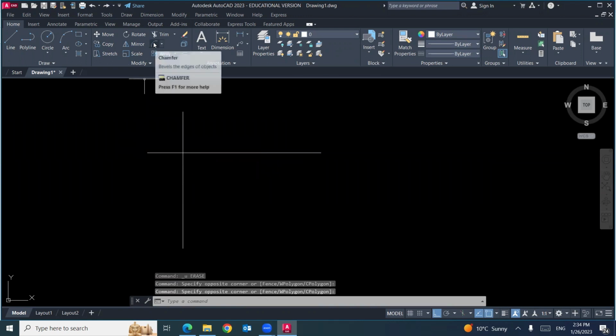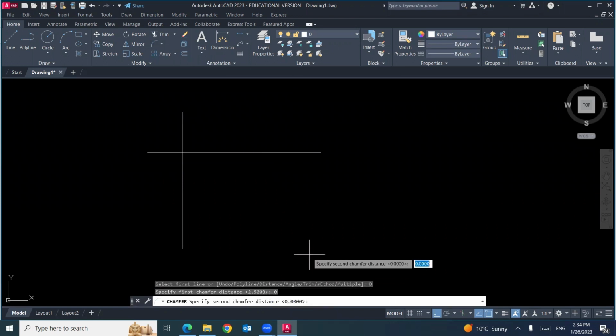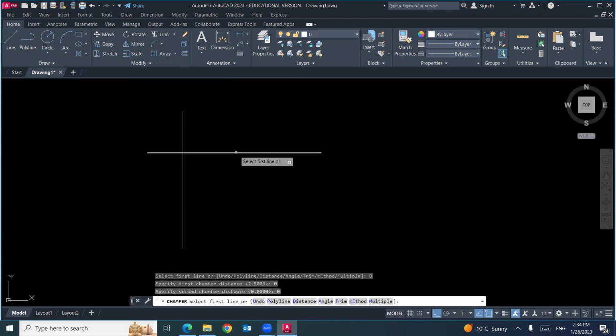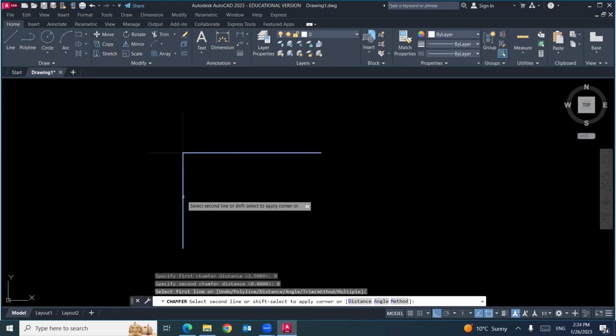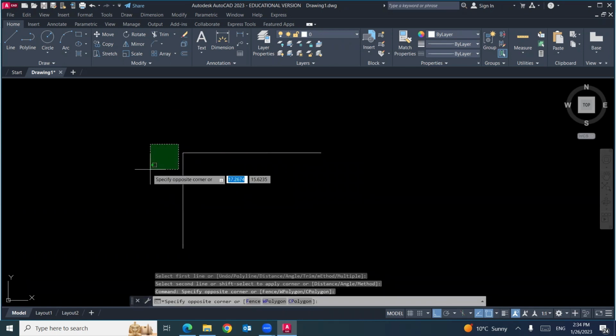Chamfer can do this. Chamfer, I will select the distance and write the first distance is 0, enter. The second distance is 0, enter. I will select this line from this part. I will select this line from this part. The extra parts will be deleted.